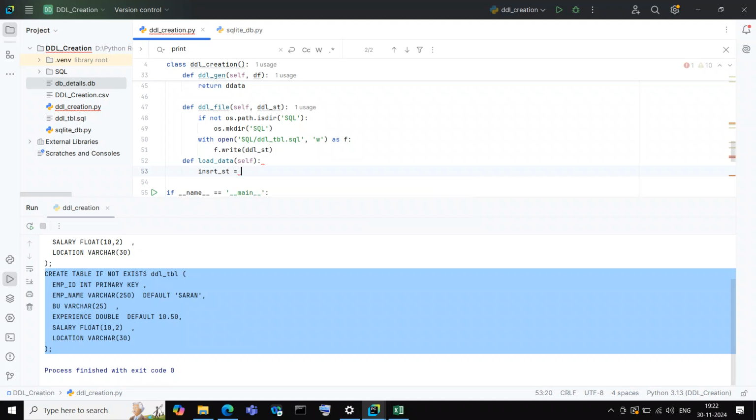Insert statement equal to insert into table DDL test. Okay, and the column names I'm not giving here, the values I'm providing. So as I mentioned, we have a total of 6 columns. Question mark, question mark, question mark, question mark. Okay, I have the 6 columns,